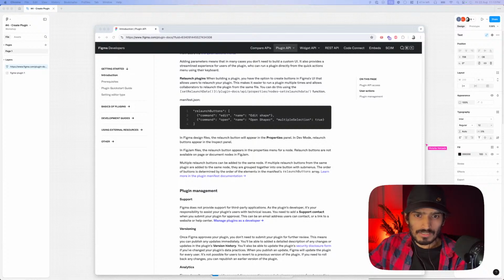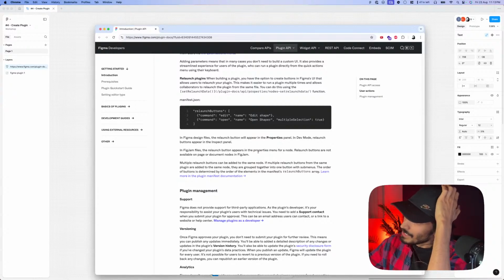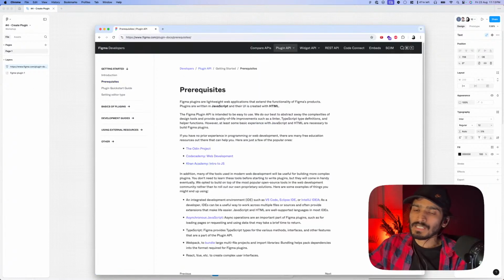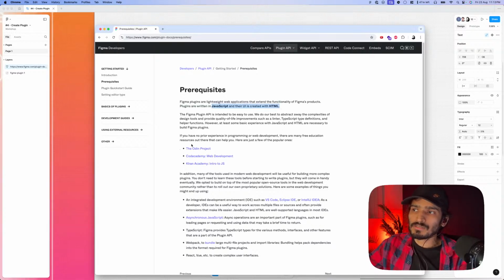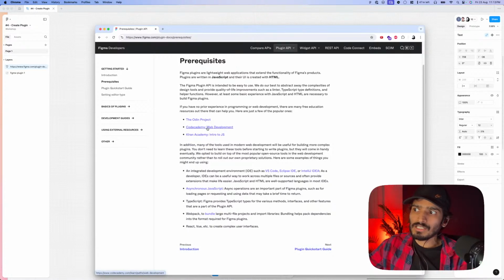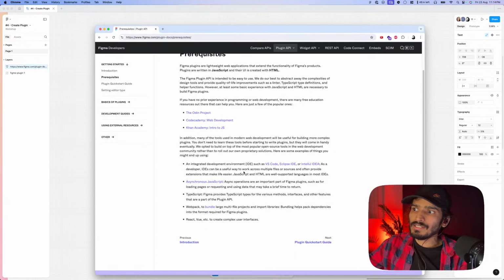I guess that's it. Okay, so this documentation has everything you need for starting to create these plugins. And if you don't know even the basics of all those things, there are some links here for learning purposes. So these are the requirements, and other than that you need